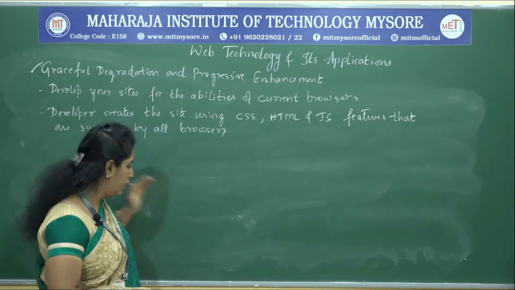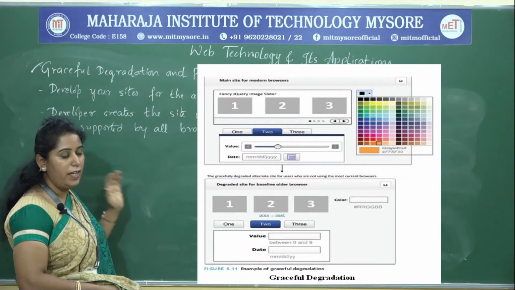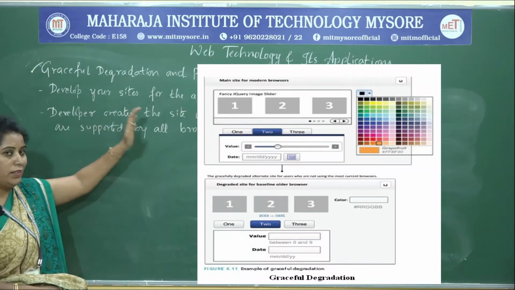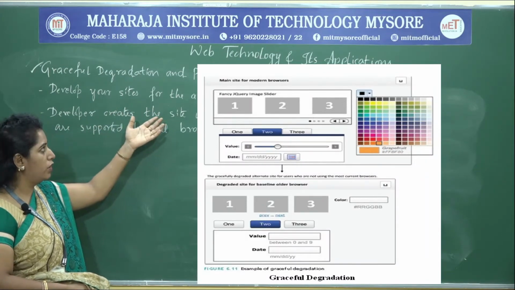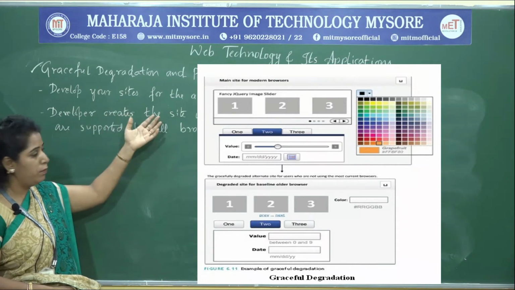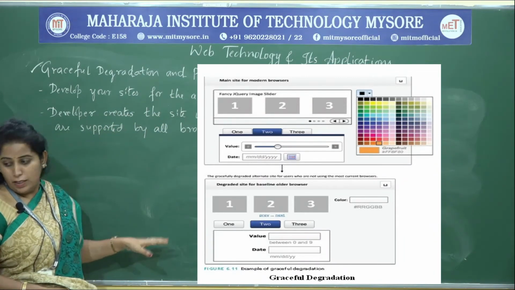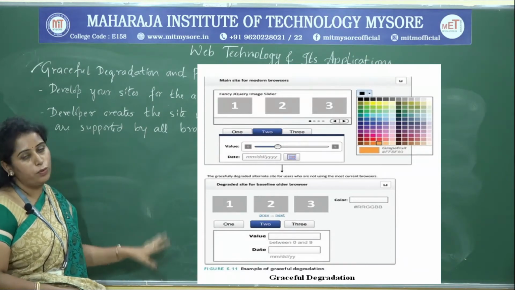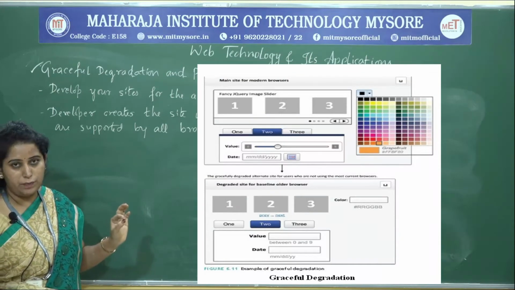Graceful degradation means you can look into this figure, which shows how the site is visible using the current, modern browser, and also how the site is visible, degraded, using the old browser. So this is graceful degradation.